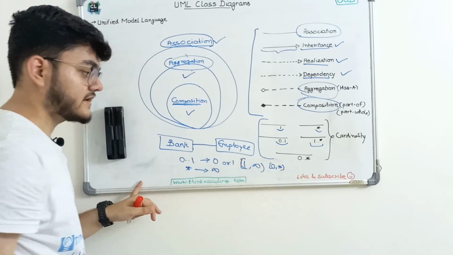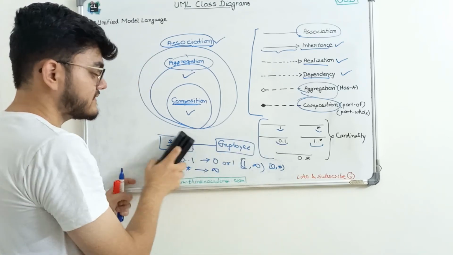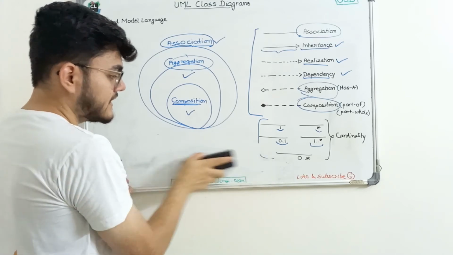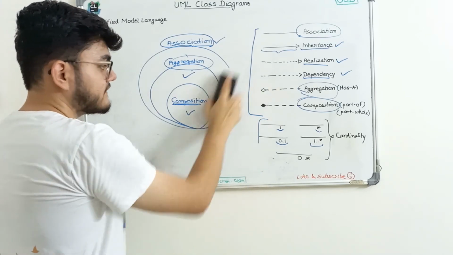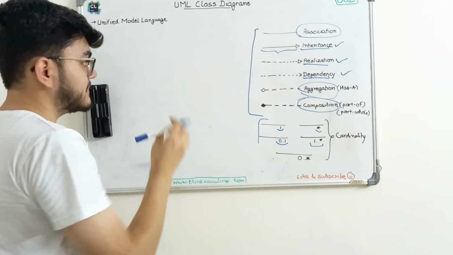So 1 is included, 0 is included. So it deals with the number, right? I will give you a very simple example so that you can see what is the meaning of this. We will construct some different examples, and we are going to summarize all the concepts that we have studied, right? So I'm going to remove this diagram here. Now let's consider a simple example of a library